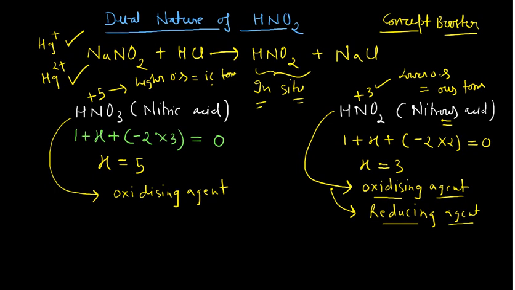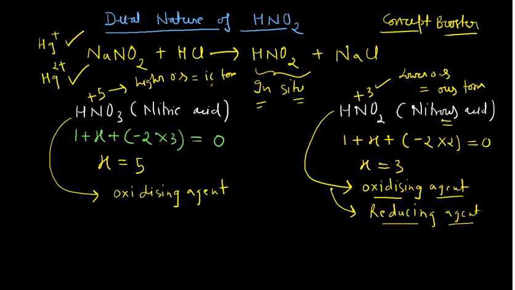Similarly here, in chemistry also, if any species is acting as both acid and base, it shows dual behavior, so it cannot be either a strong acid or a strong base. The same is true for oxidizing and reducing agents. Like HNO2 is acting as an oxidizing agent as well as a reducing agent, it's a dual behavior. So it is neither a strong oxidizing agent nor a strong reducing agent, but it is a weak oxidizing agent and weak reducing agent. So what is the reason behind that?